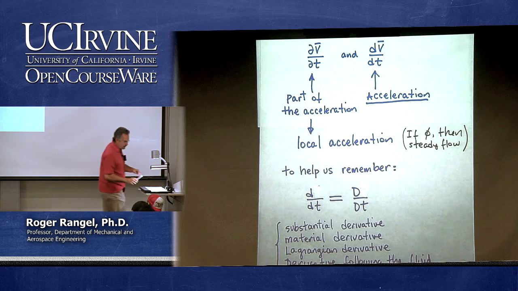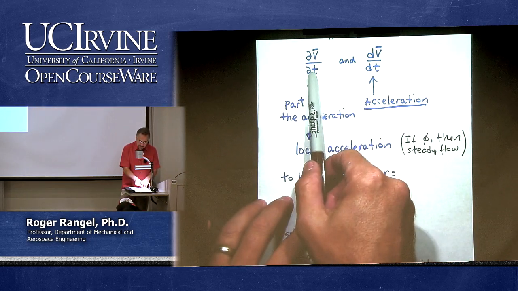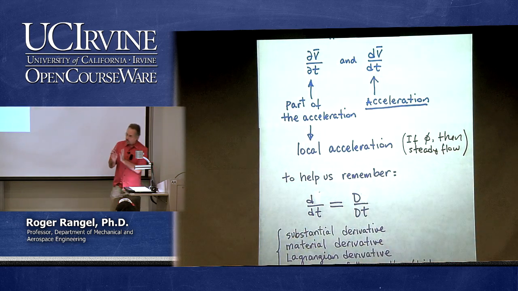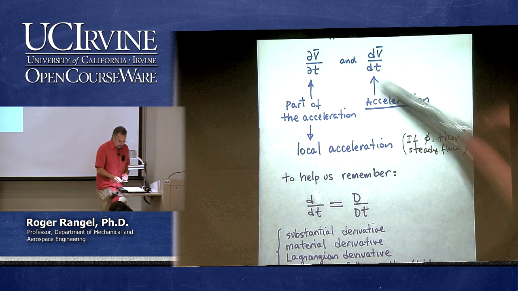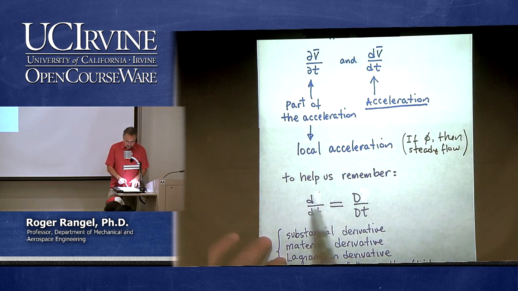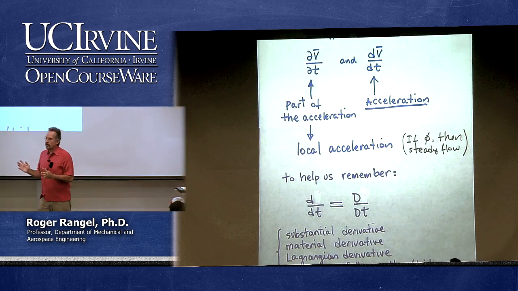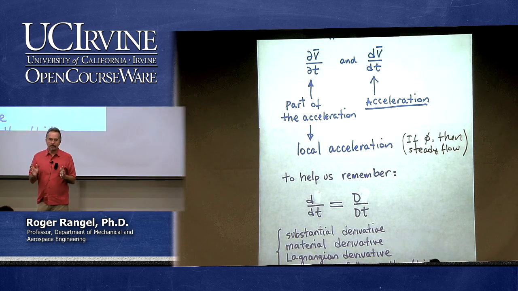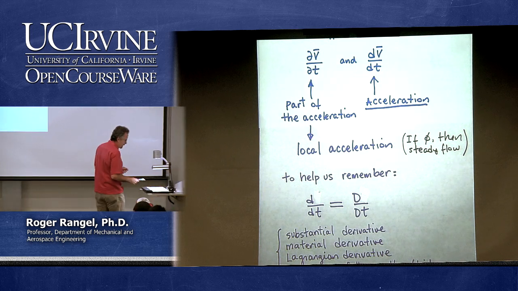So to make the distinction between these two types of quantities, one that has a partial derivative in time and one that has a total derivative in time, the Lagrangian derivative, we write the Lagrangian derivative with a capital D. Again, you don't do that in particle dynamics because you don't need to worry about all the components of the expressions for the derivative.